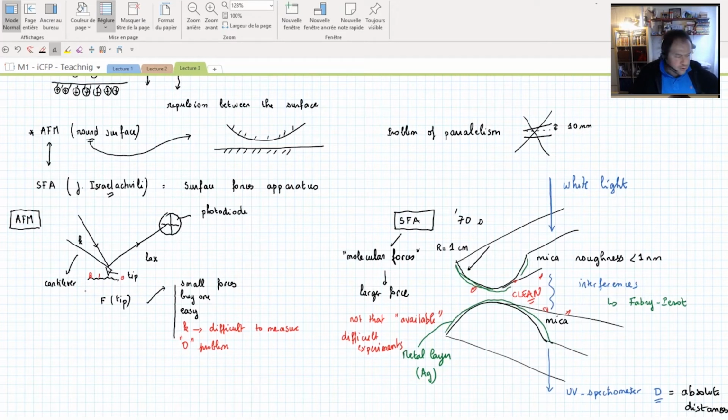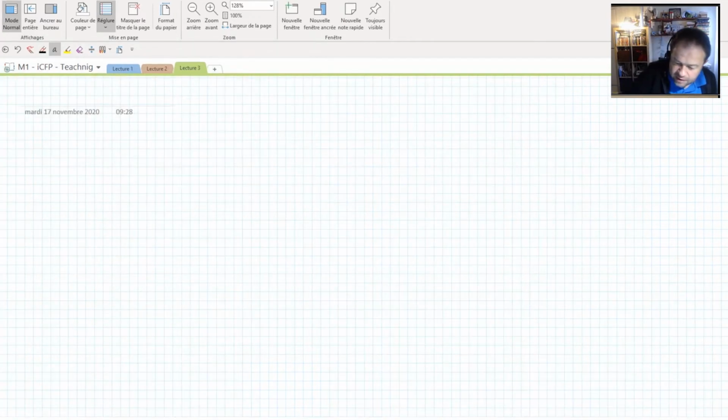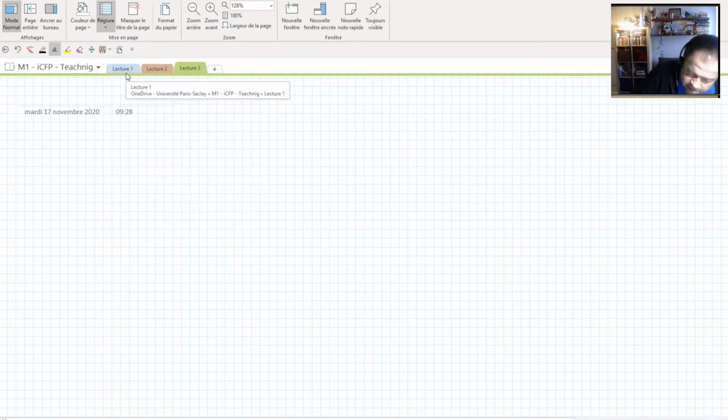And then it was possible to measure the force and to look at the decay of the Debye length. Okay, so that's it for the description of the charge close to the surface, and we will now enter the third chapter, which deals with the fluctuation of interfaces.